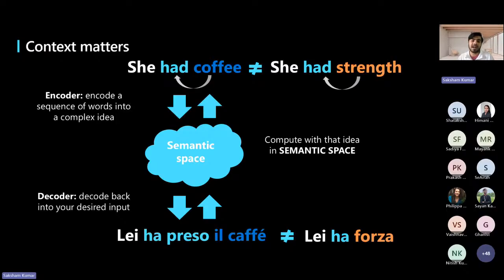The reason is that context matters. The same word can assume a different meaning according to the context in which it's used. Let's say Apple is a phone brand, and Apple is a fruit also. Bank can be the one where we deposit money, or bank can be a river bank. So to understand what we are actually talking about, we need to understand the whole sentence, the semantics of it.